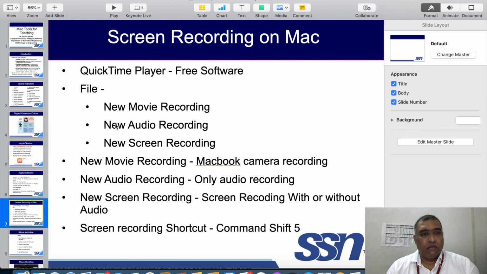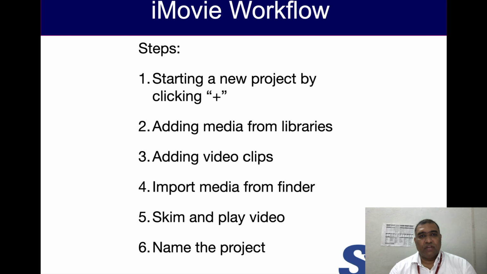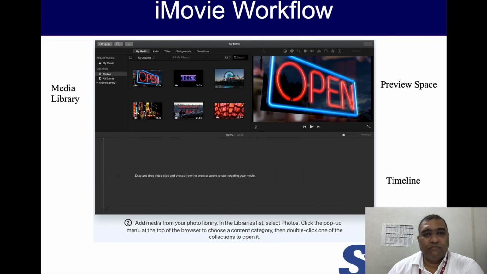Now, to start a movie, we have to press that big plus sign, add media from various libraries, and we can add video clips, we can add photos, etc., in the media, and we can start using it. So here we have these three spaces. On the left side you can see, this is the media library. On the right side, this is the